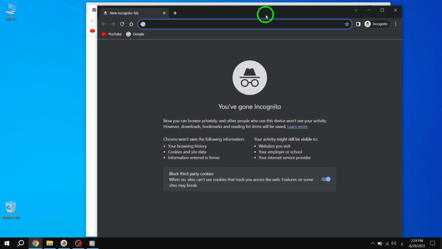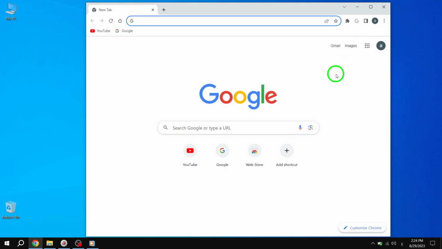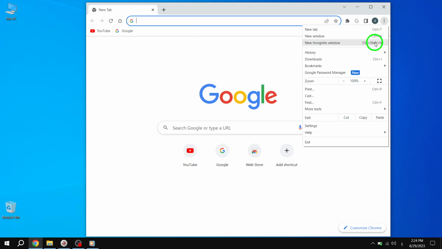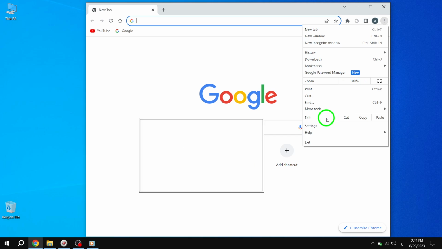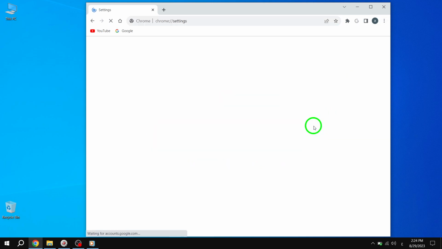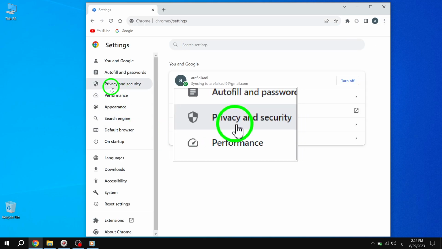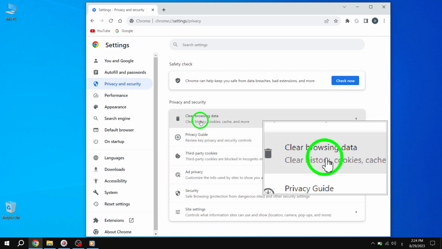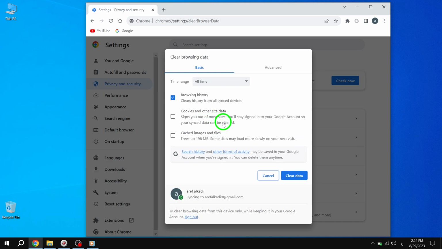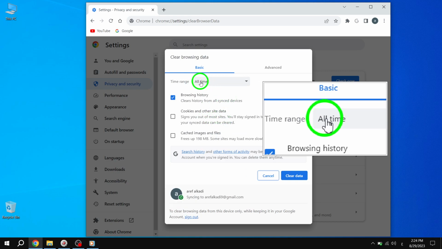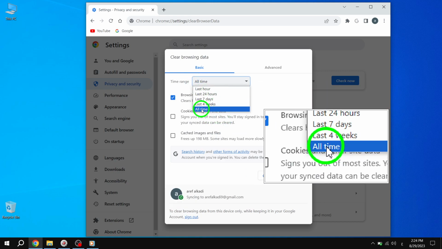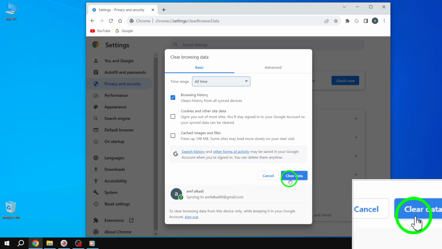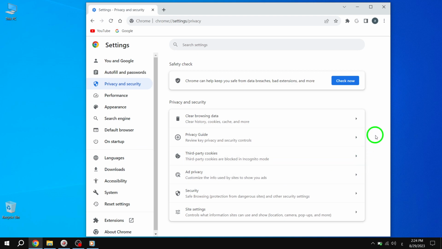Solution 2. Clear your cache and cookies. 1. Click the 3 dots icon at the top right corner of your browser and select Settings. 2. In the Settings menu, go to Privacy and Security and then select Clear Browsing Data from the right side. 3. In the Basic section, set the time range to all time and check all the listed options. Then, click Clear Data. By following these simple steps, you can easily fix the Chrome error code out of memory